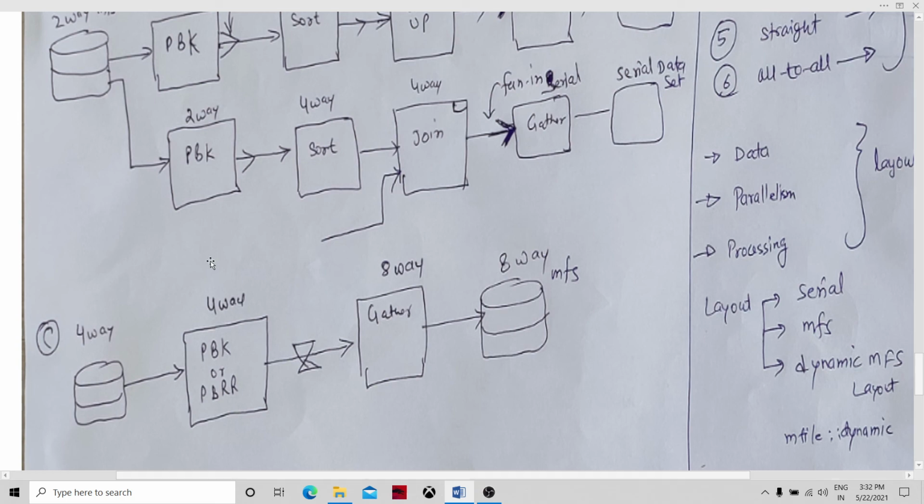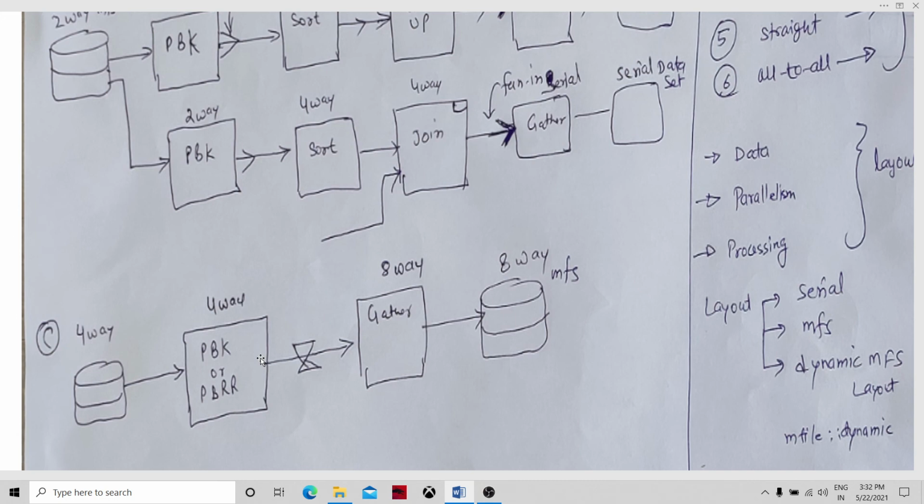So the literal meaning of all-to-all flow is that the data set residing on any particular partition can go to any of the outbound partitions.